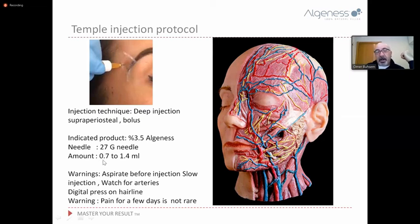The amount, it depends. Sometimes half a syringe here and half a syringe on the other side, or one here and one on the other side. Generally, I use the whole syringe, 1.4 ml. Always aspirate before injection. Algeness is the safest filler when you inject into the artery, but we don't know what will happen in the end arteries and the end of the artery. So always be careful